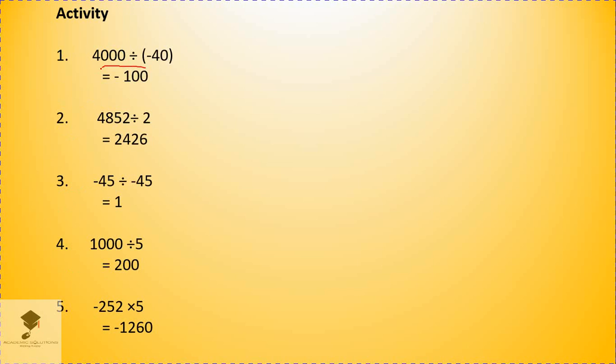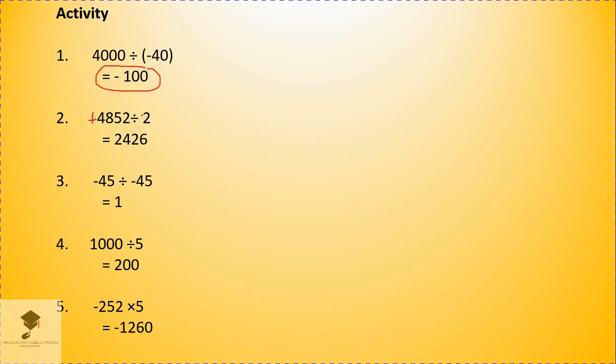So answers have already been given there. Positive 4,000 divided by negative 40. Remember what you said about positive being divided by negative. It's going to give out a negative answer, so your answer here is going to be minus 100. And the next one, 4,852 divided by 2 is going to be 2,426. Now the sign here is positive,